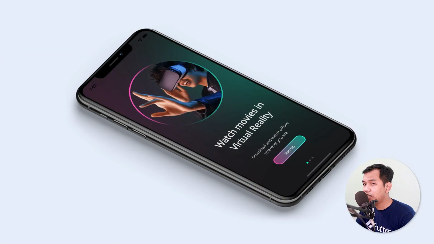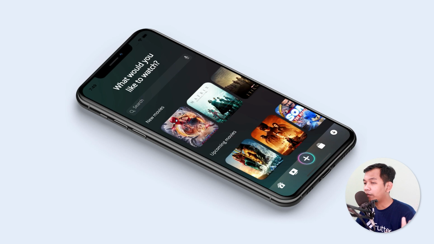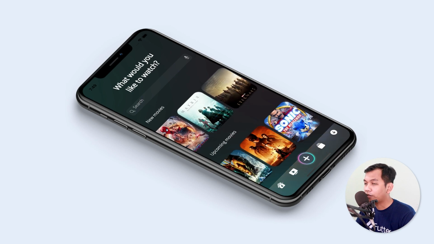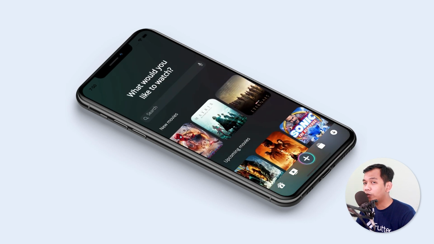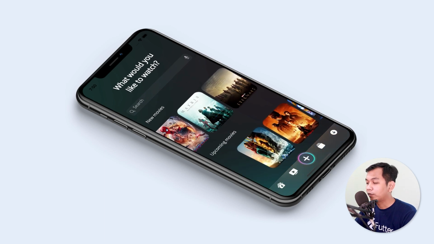So in today's video, we are going to learn how to convert from Figma to Flutter, which we will use a Movies app UI design from Figma community. So our application will look like this, where we will implement things like how to mask an object into a widget, how to make a blur background, and so on. So without any further ado, let's get started.